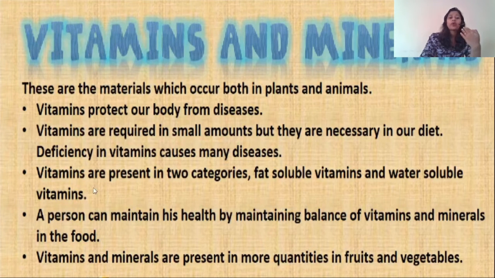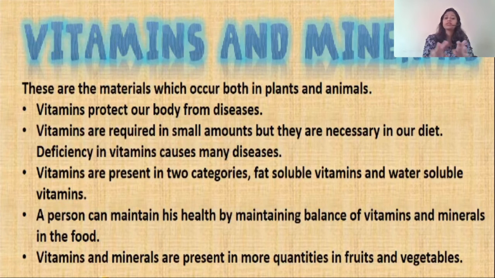Next, vitamins are present in two categories. One is fat soluble vitamin and the second is water soluble vitamin. Let me tell you, there are six different types of vitamins: A, B, C, D, E, K. These are the vitamins which are very important, and among them, B has subdivisions. So let's talk about